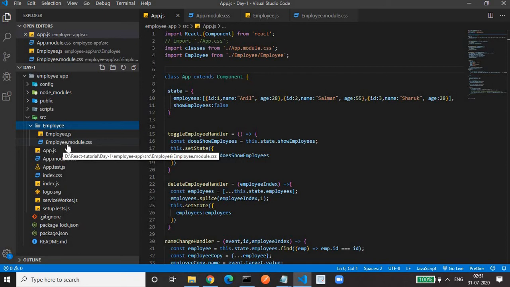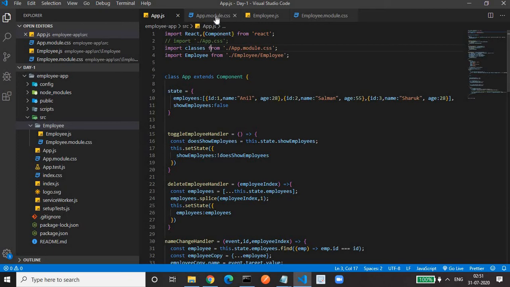You don't have to add the module extension. So that's why I rename my CSS file. Then what next? You have to do an import statement. Earlier you were using this import for accessing the classes in the employee CSS file. Now the employee CSS is renamed to employee.module.css. You have to import it with any name, so usually we prefer classes from that file.